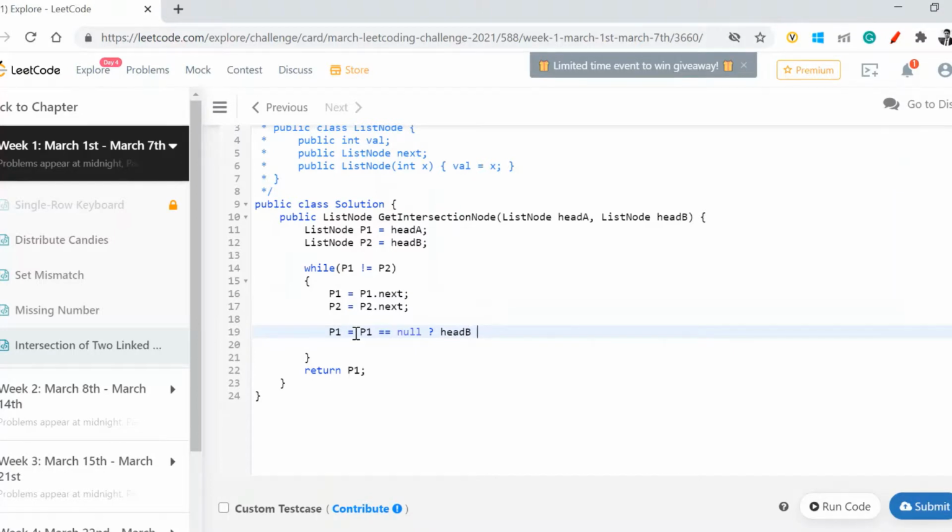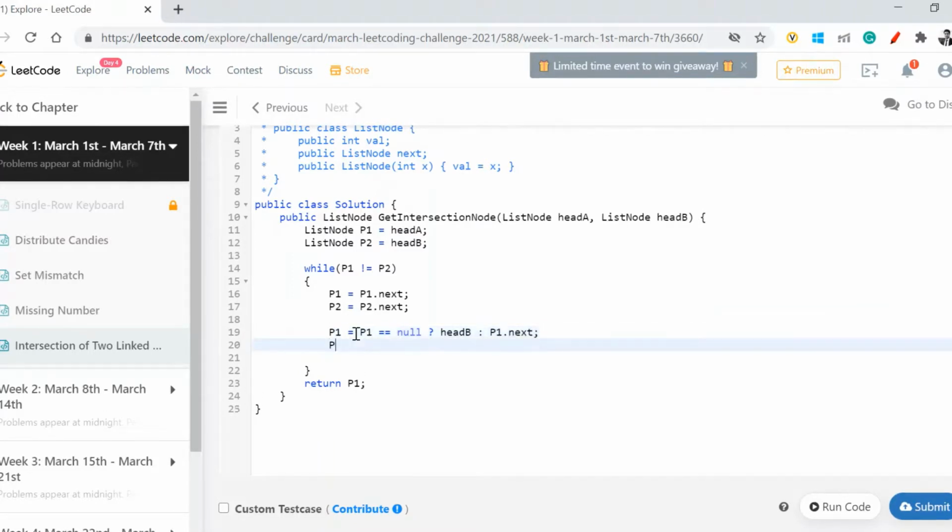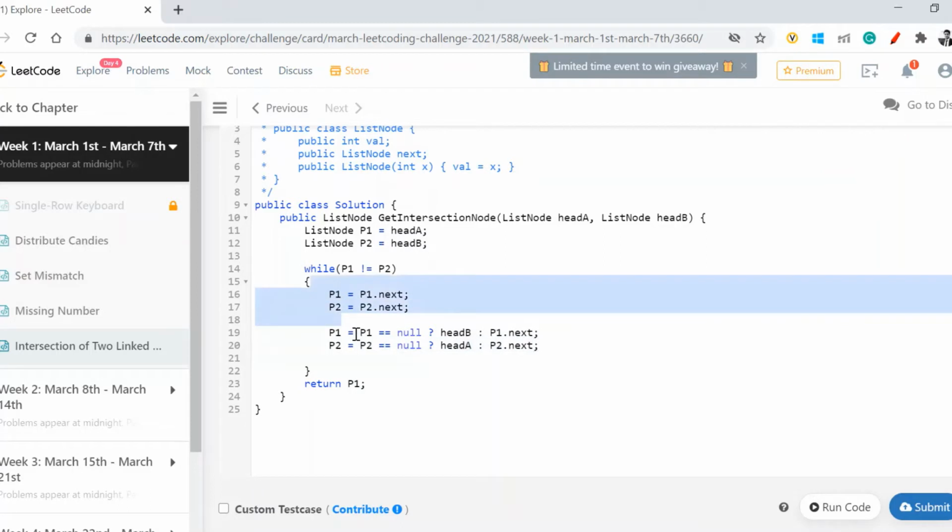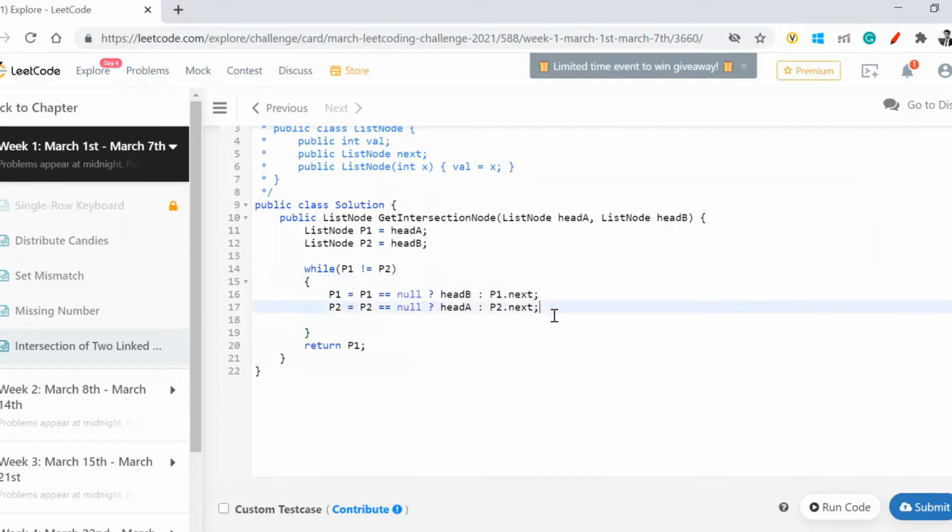Otherwise, it will be equal to P1.next. Similarly, P2 is equal to, if P2 double equal to null is true, head of A, otherwise P2.next. I just combined both the statements, null checks and everything into one, and everything else remains the same.